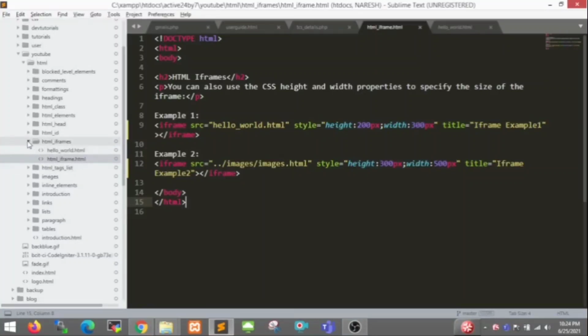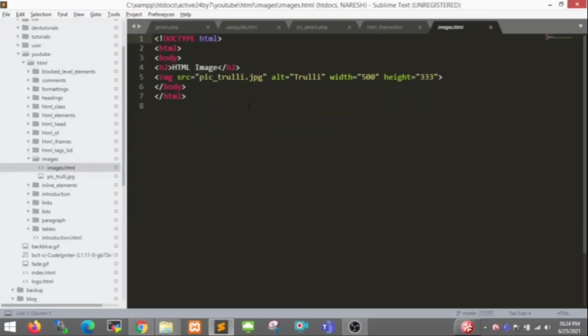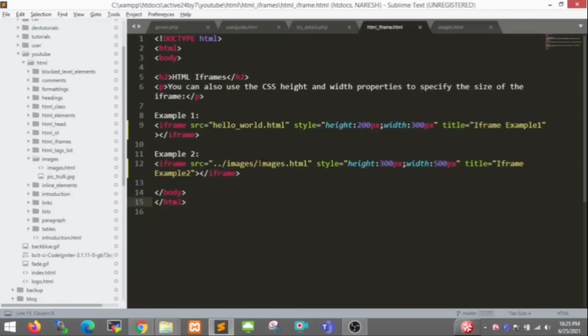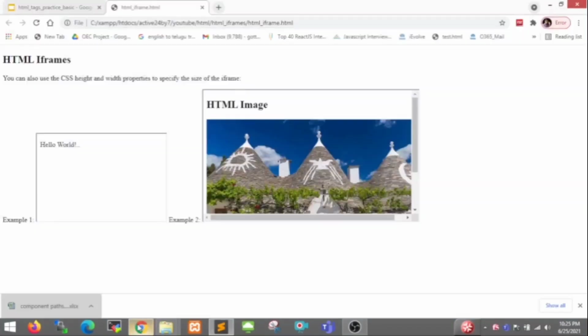Here I wrote my image content, defined the image path, and when I access it from my page 1, it is read and displayed here. So this is the concept of the iframe, the most important topic in HTML.